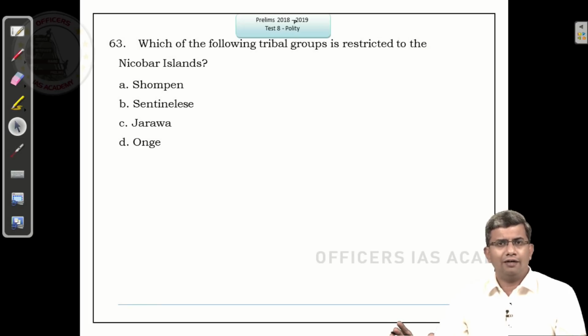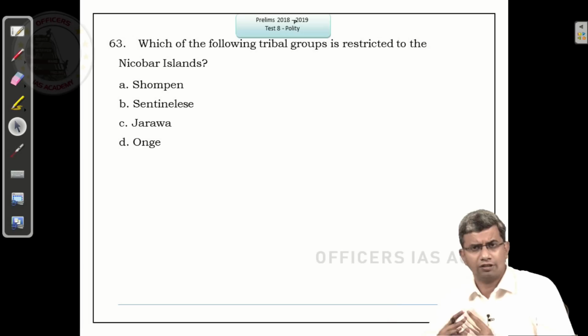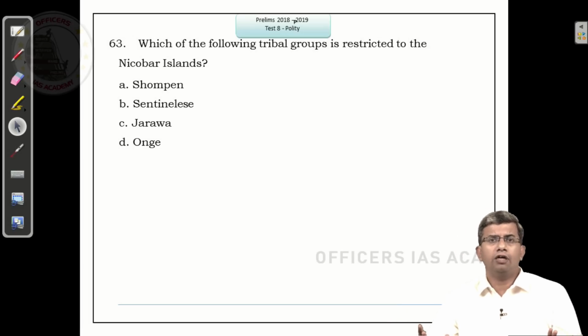So the policy of the government is not to forcefully assimilate tribals. It should be voluntary. And because of their past experiences with invaders, with Britishers and all that, probably they have just decided that we are not going to mingle with these modern, civilized, so to speak, people from the mainland. That's a separate debate altogether, but because that was in the news, this question can be asked.